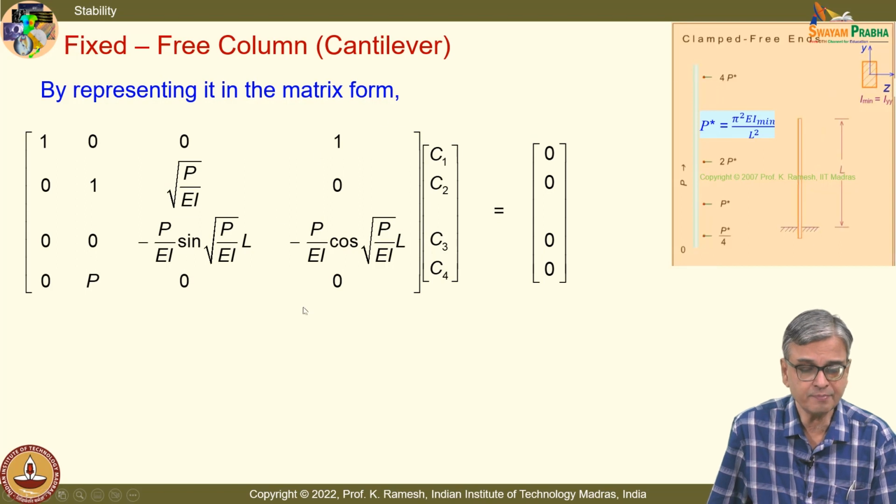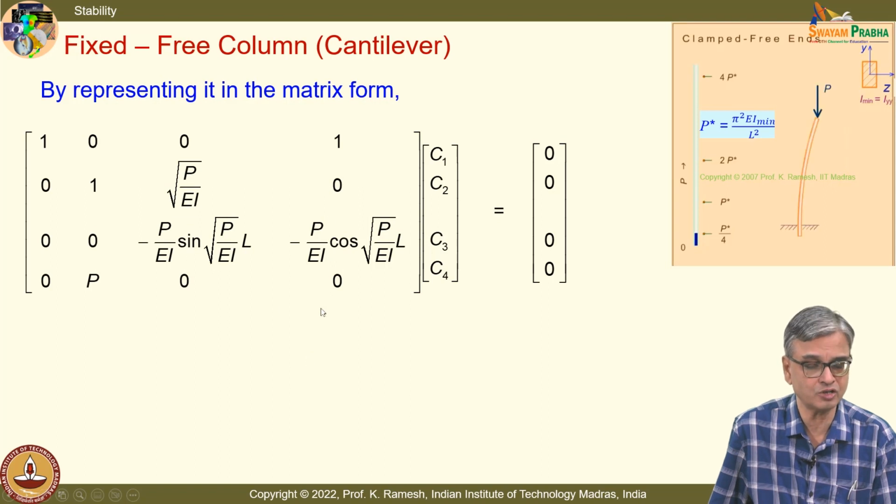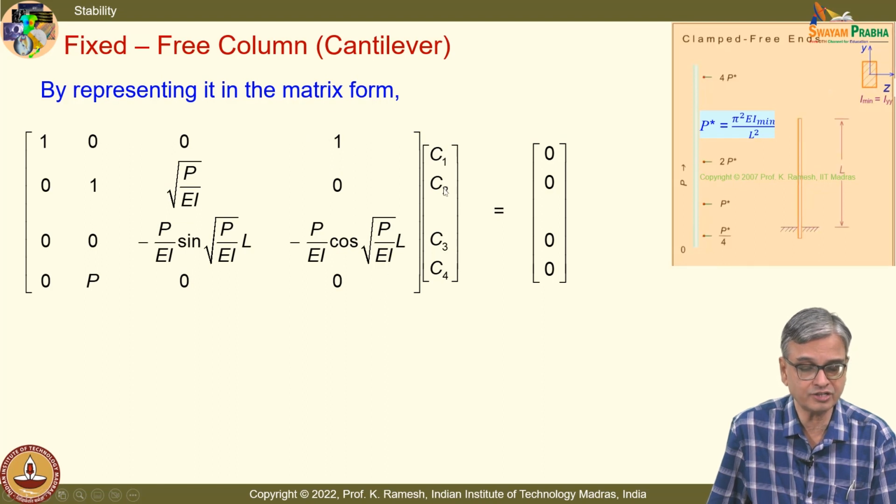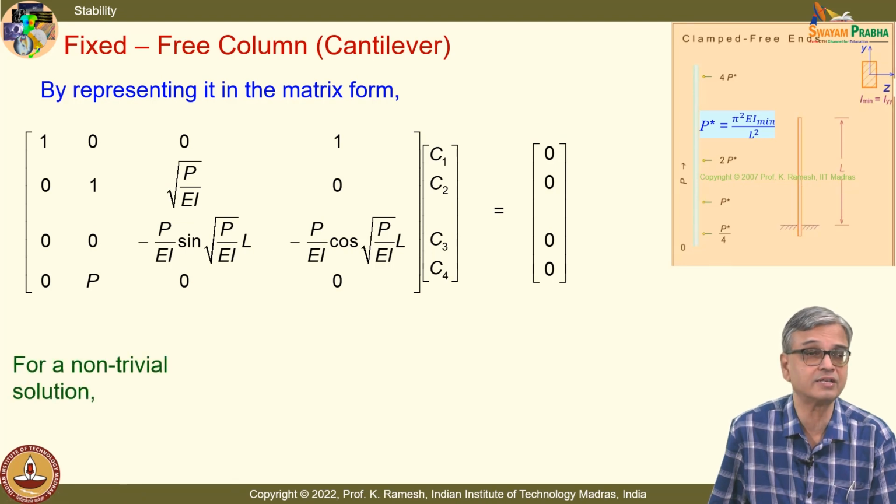So, this is nothing but an eigenvalue and eigenvector type of problem, and for a non-trivial solution this determinant should go to 0, because when the determinant is not 0, the trivial solution is C1, C2, C3, C4 are 0, that is a straight column. Okay. We want a non-trivial solution. So, the determinant should go to 0,